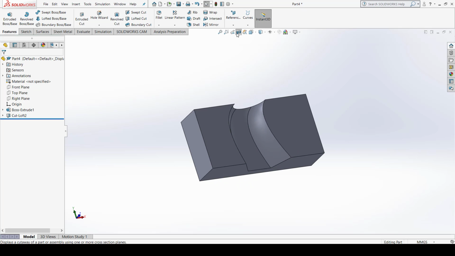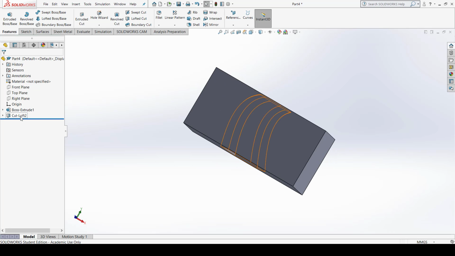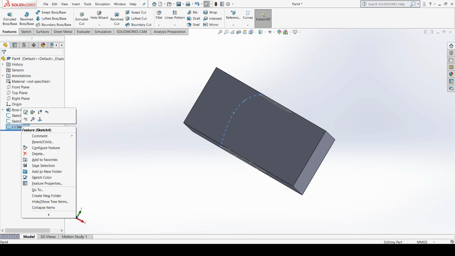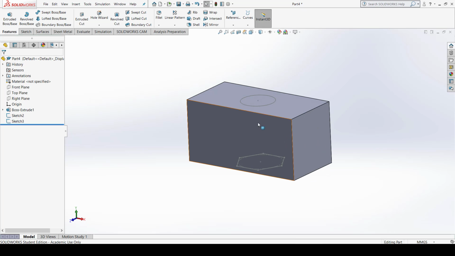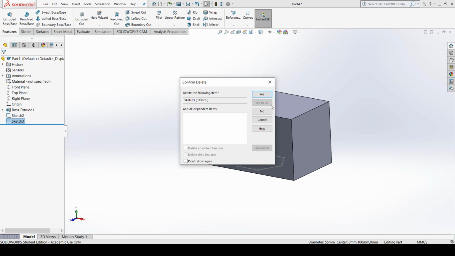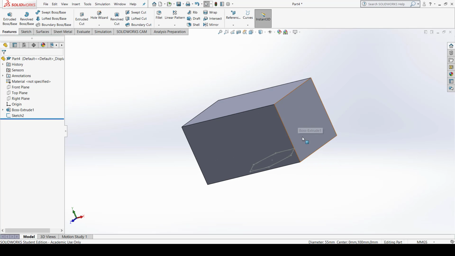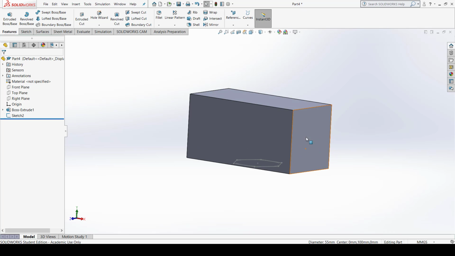So let's go to the last and the third way by which we can apply a loft cut command. So I just delete this command here first, and the profiles are existing with them. Let me delete this profile also. Okay, now let me delete this circle also from here. Now let us assume that this is our first profile and this is our plane which is perpendicular to this bottom plane. Okay, and my profile is existing here. Fine, the profile is existing here.